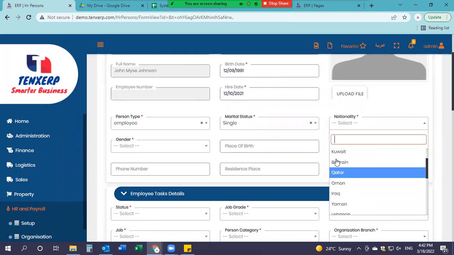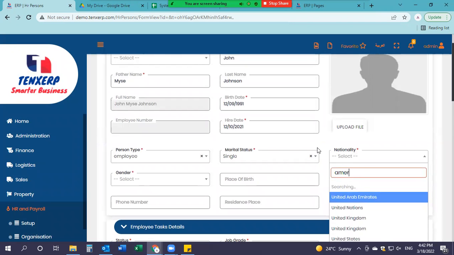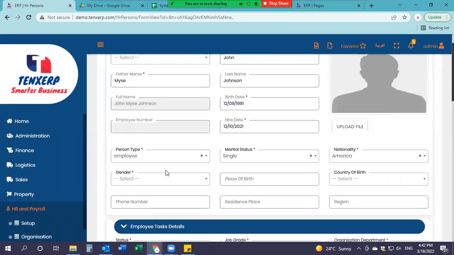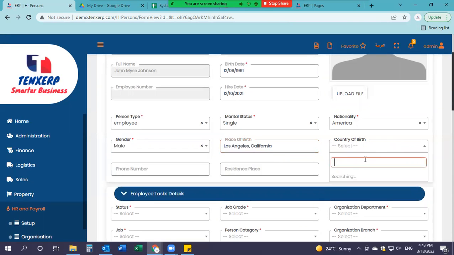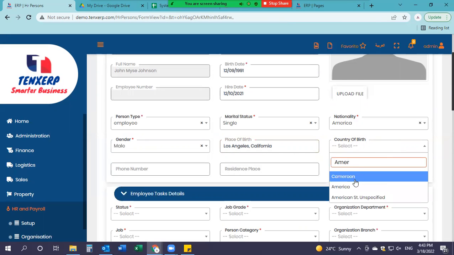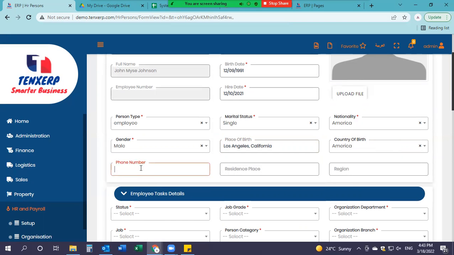Nationality, so we'll select the nationality, let's say. And then gender and place of birth. Country of birth, you'll select it. And then a phone number. Then residency place,